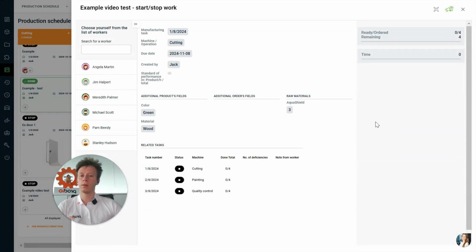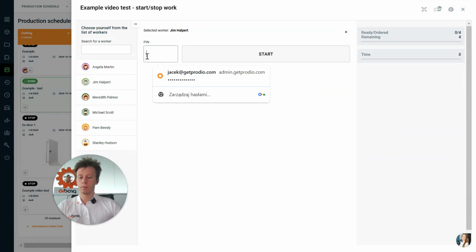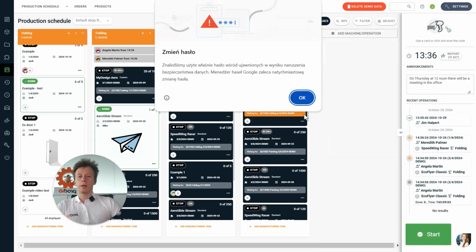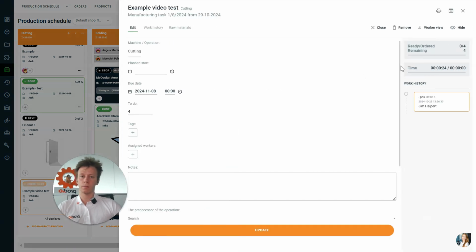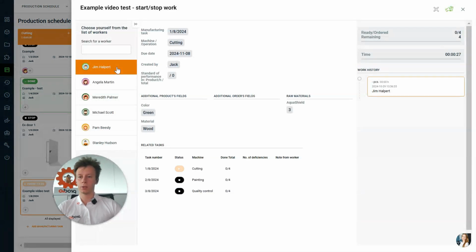He can see all the information and he just clicks on his name, enters PIN code, or uses RFID tags, barcodes, and so on. Start. And now you can see that Jim Halpert started working on this example video test at the operation cutting and at which hour. Then when he finishes, he again clicks on the manufacturing task